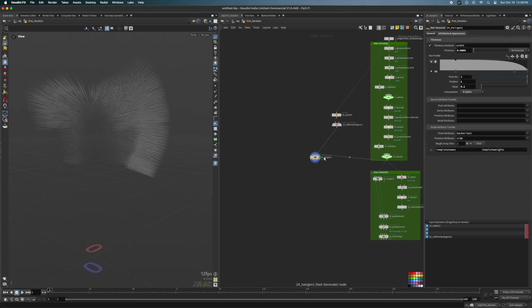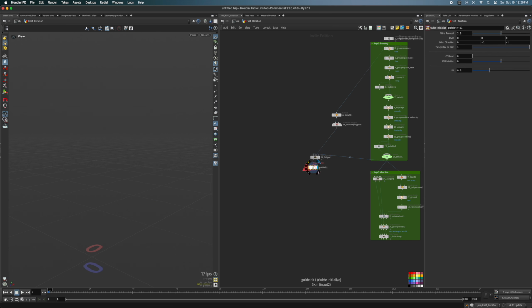Now, connecting this hair gen to a guide initialize, we're going to use a wind to push the hairs in a direction. This is similar to advection, but we don't need a volume to work with inside, and we are not working with voxels. However, in order to have the hairs not pass through the ears, I need the volume to enter into that third input, the skin VDB input. Once connecting this to the guide initialize, I can clearly see the difference in the hairs bending around that surface